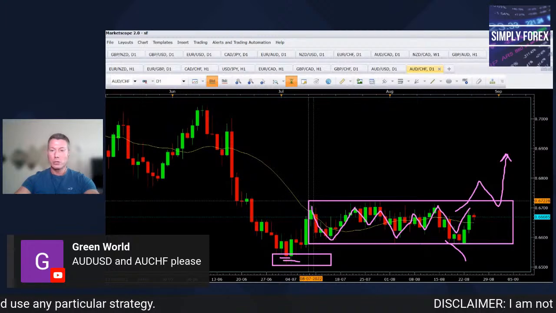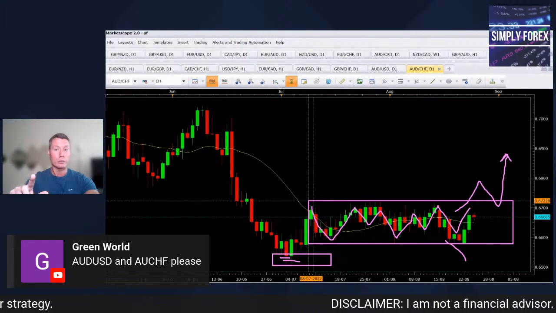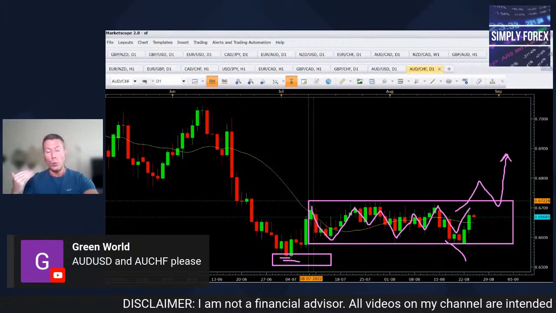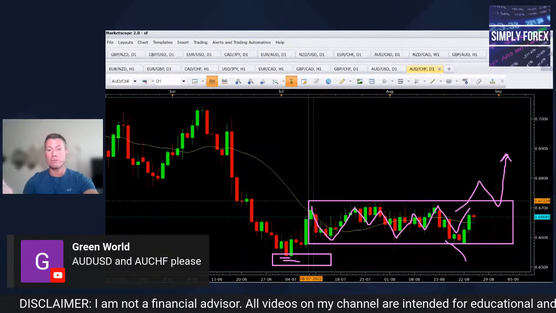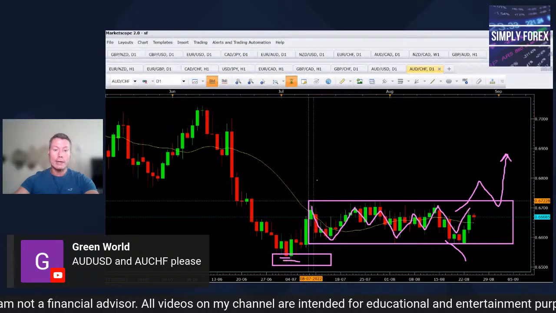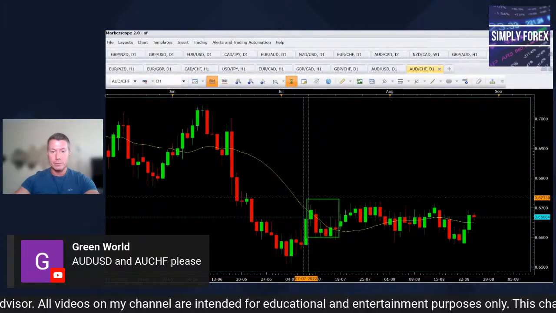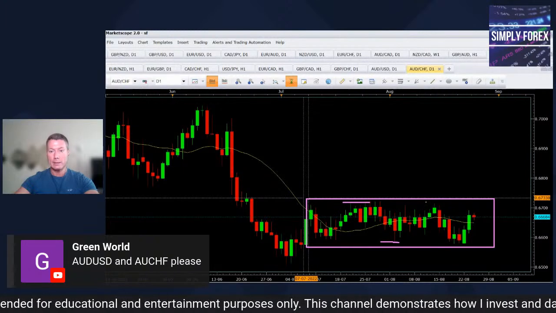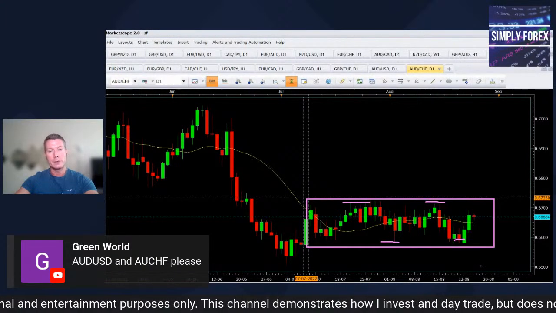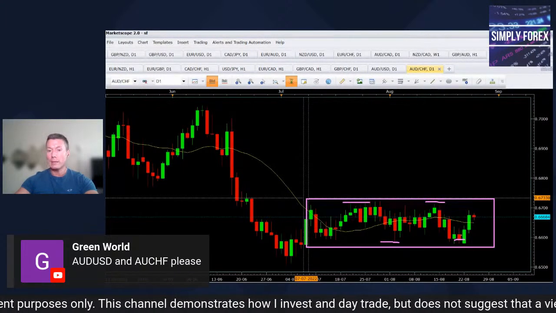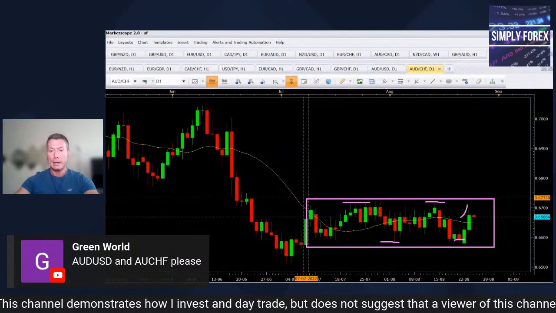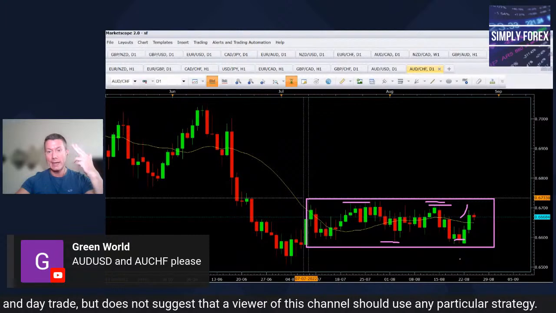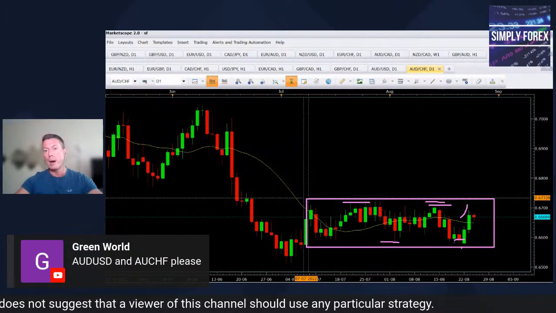So the Swiss franc pairs, especially Aussie dollar Swiss franc and New Zealand Swiss franc, have been untradeable for weeks. It's just in a range, guys. I mean, you can trade a ranging market: sell here, buy here, sell here, buy here. If I had to trade this, I would take a buy back up to this last high, but I wouldn't trade it. If you put a gun to my head and said you had to trade it, I would buy it today.